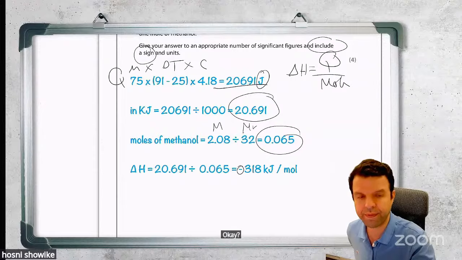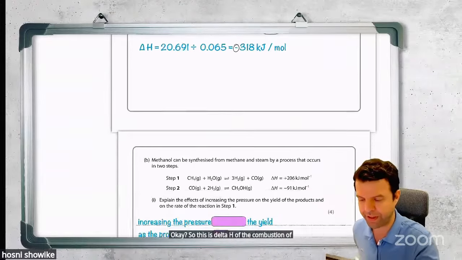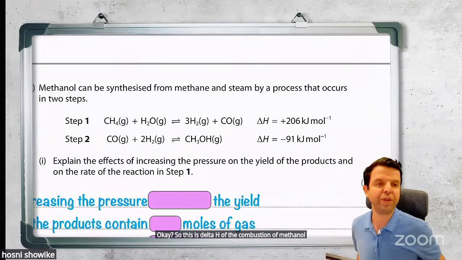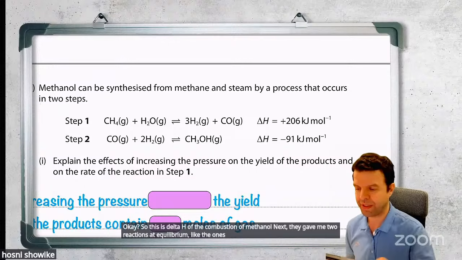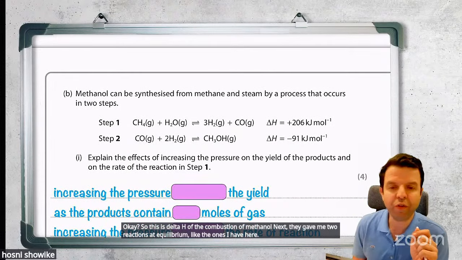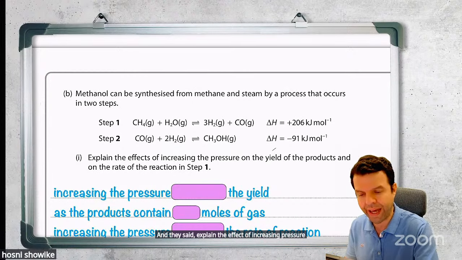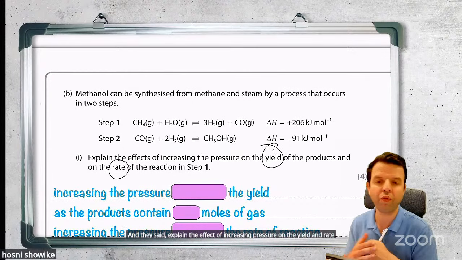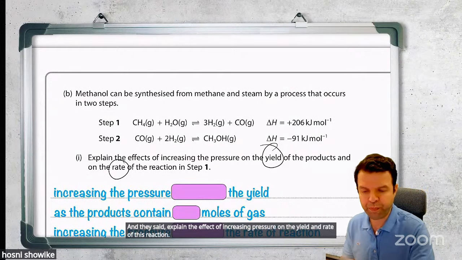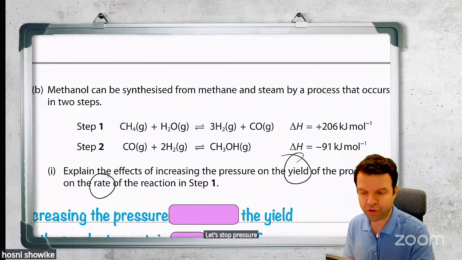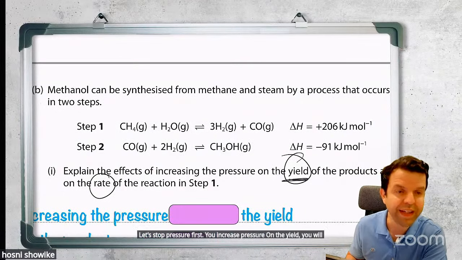So this is delta H of the combustion of methanol. Next, they gave me 2 reactions at equilibrium, like the ones I have here. And they said, explain the effect of increasing pressure on the yield and rate of this reaction. Let's talk pressure first. You increase pressure on the yield, you will always go to the side that has fewer